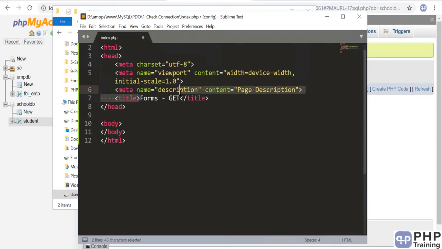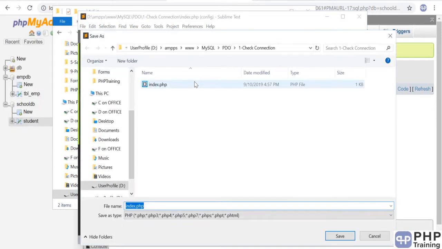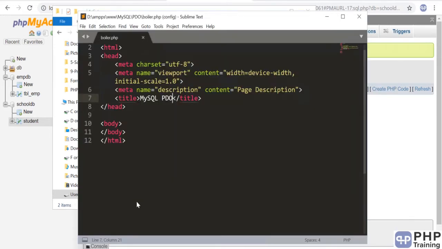Okay, and we'll call it MySQL PDO. We'll save this. We'll say save as. We'll call it boiler.